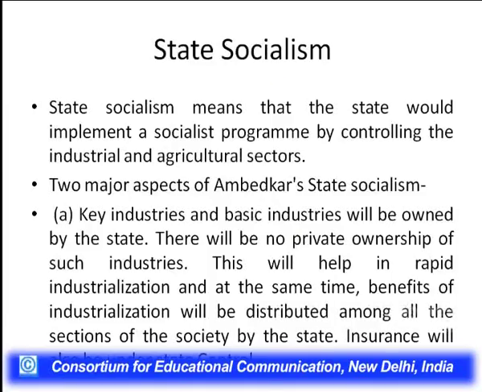This is also important to understand because the kind of constitution that he visualized, and that he was also able to give a shape, a concrete form in the form of a number of written articles, also has an imprint of state socialism. The very concept of state socialism means that the state would implement a socialist program by controlling the industrial and agricultural sectors. So, according to Ambedkar, these two sectors, agriculture and industry, were very crucial for a nation's progress and growth, and therefore it was not advisable to let these two very important sectors be manipulated or controlled